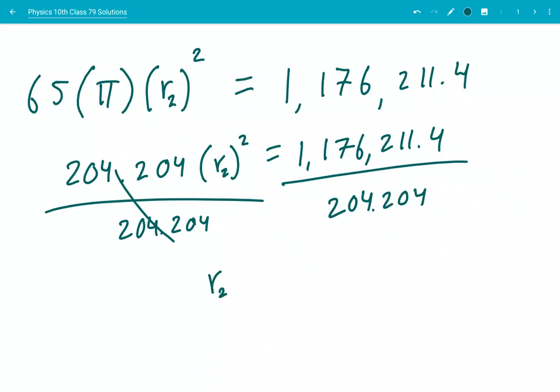You get R2 squared equals, let me do this division, 1,176,211.4 divided by 204.204. You get on the right